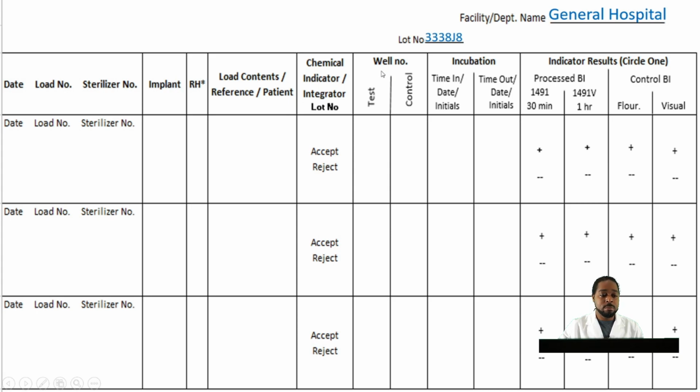For my first documentation, I will incubate a control. The reason why you incubate a control is to ensure, two reasons: to ensure that your incubator is working, and two, to ensure that the biological spores are capable of being active when fed with the media in the biological vial. So we'll be incubating a control on this,